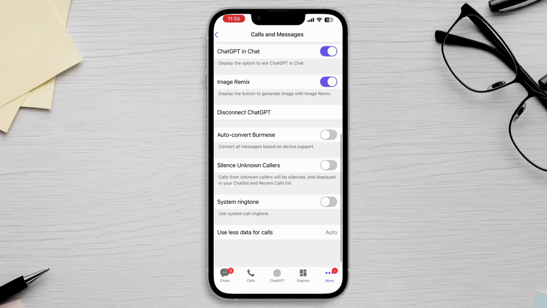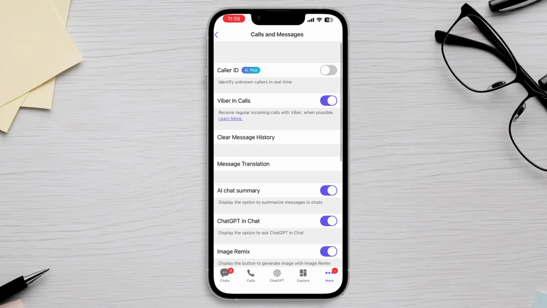And that's it. Now you know how to change call settings on Viber to improve your voice and video call